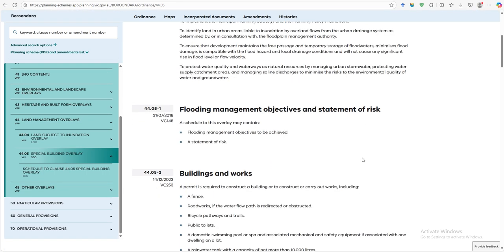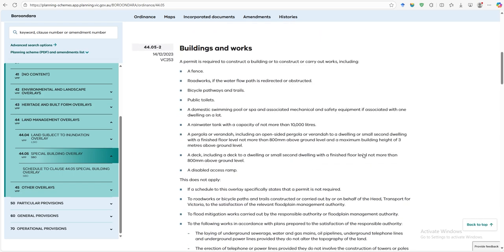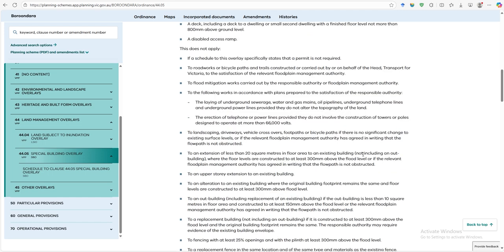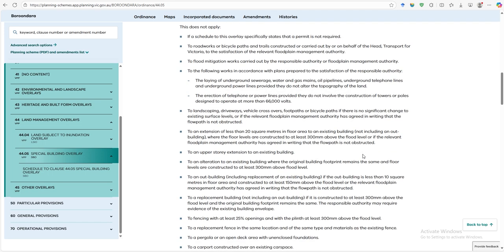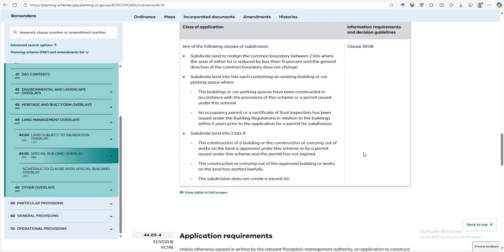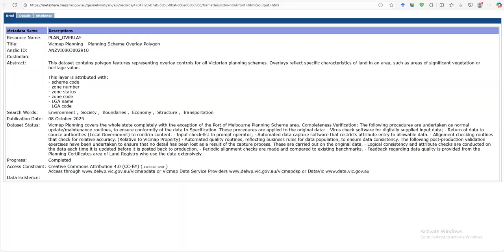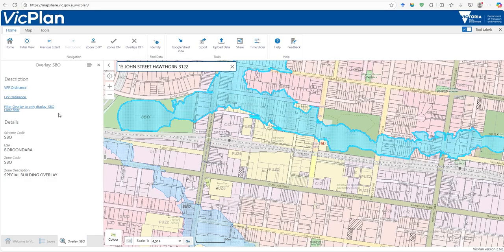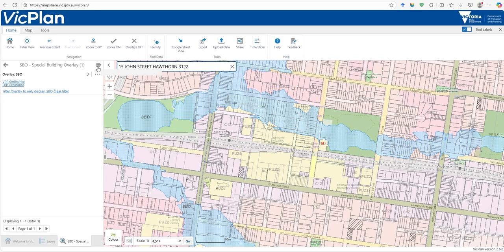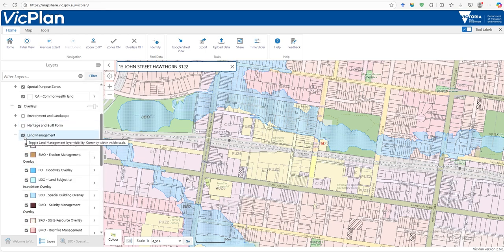It's the flooding management objective and state of risk. So the campus is really near the flood branch, so it's supposed to be the main. So in terms of flood, this is the key finding for the investigation today. Now we check all the other information, and if you can't find any relevant information, just turn it off to